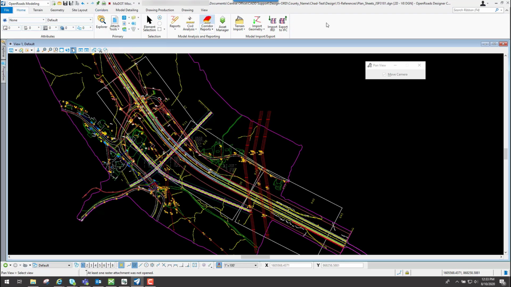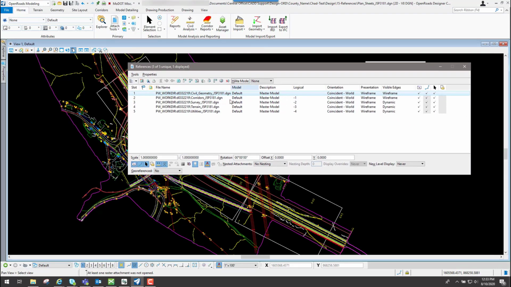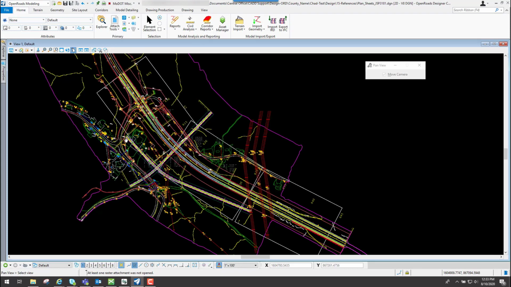So if I go to my attach tools, and we have these particular reference files attached, you'll notice that we have some shapes out here, and these shapes are created from the name boundary tool. That particular tool is demonstrated in a separate video, but whenever you do the name boundaries, it's going to go through here and put a boundary of whatever size shape that you want, and then it outputs it to a drawing model and a sheet model.